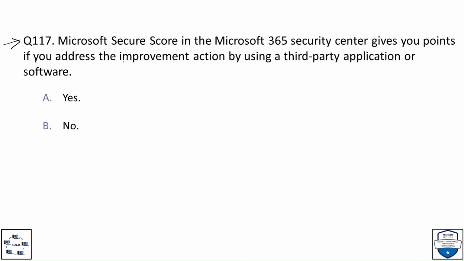Question number 117, Microsoft Secure Score in Microsoft 365 Security Center gives you points if you address the improvement action by using a third-party application or software. And the options are option A, yes, and option B, no. And the correct option is